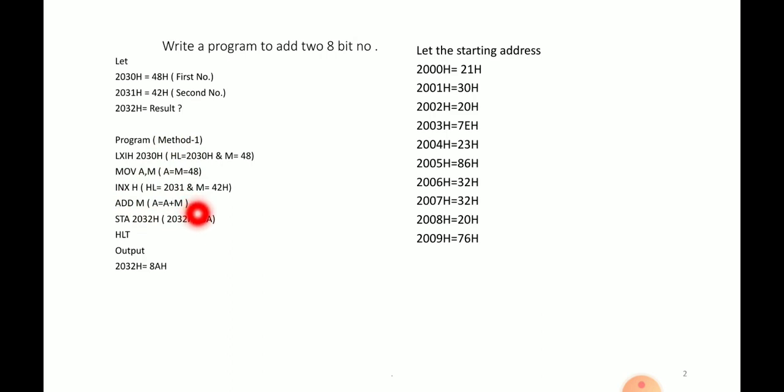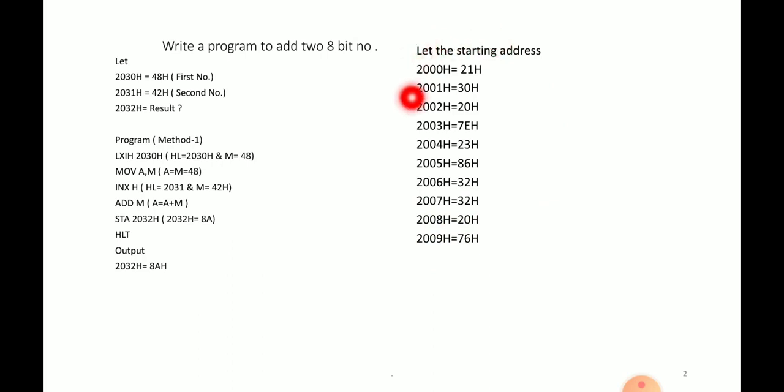Then we have to store this result into the given memory location, that means STA 2032. So this result is loaded in this location. After that HLT, that means halt. So it is the program.